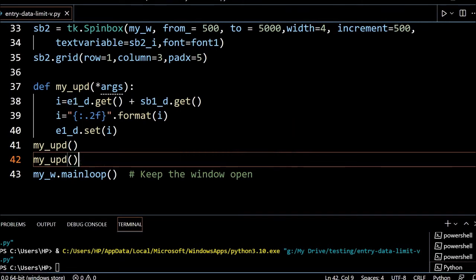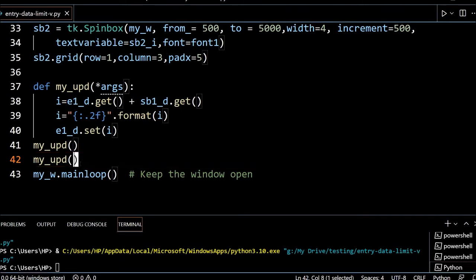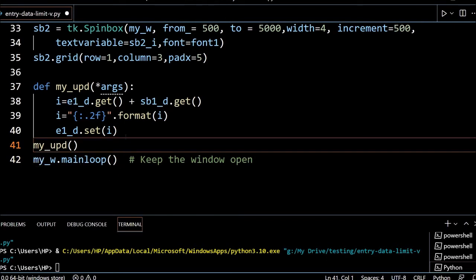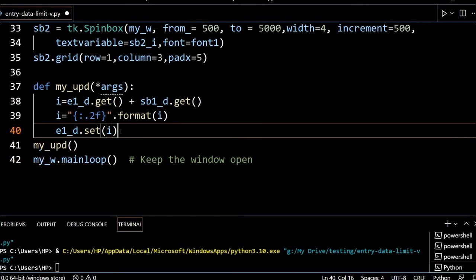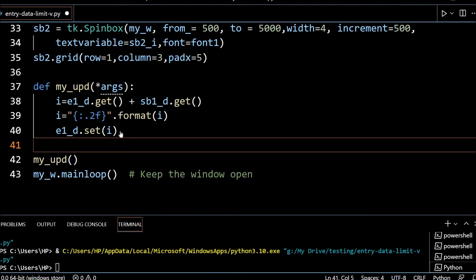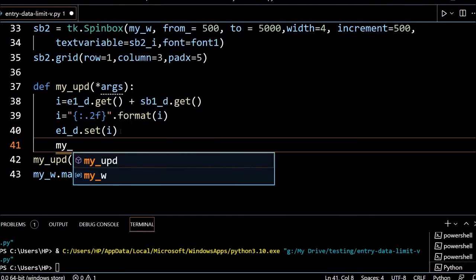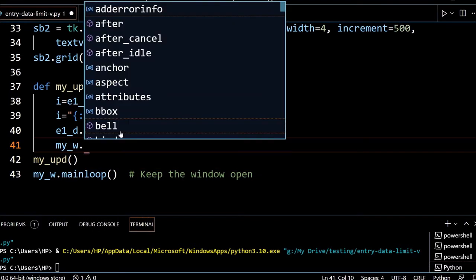But that is not our purpose. Let me remove one call. My purpose is that it should auto run. For that I will be using a timer here. W is my parent window where I have placed it. Many places people use root, so you can use whatever it is.